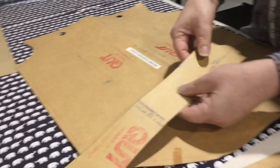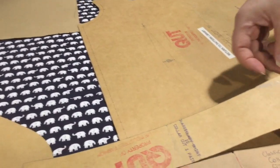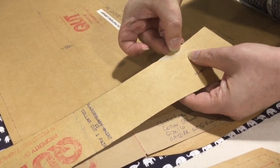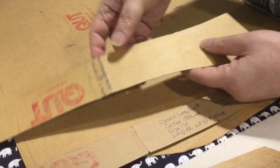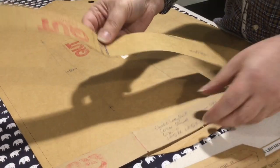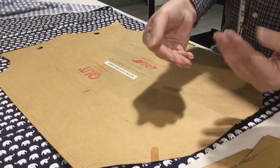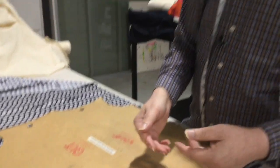These don't have them marked on the collar piece, but you would see if they did that the stitch line around your collar pieces and your neckline would be 6 mil, so you can automatically just look at the pattern and know how much of a seam allowance there is. It takes a little bit of time and getting used to using the grading ruler to mark seam allowances, but I think it's just an extra thing that makes it that much easier for you to use the patterns. And so Mark, when would you use a 6 millimetre seam allowance instead of a centimetre, which is fairly common on